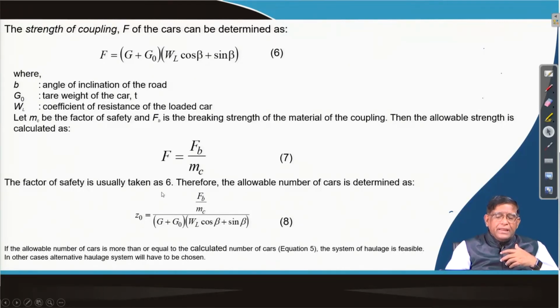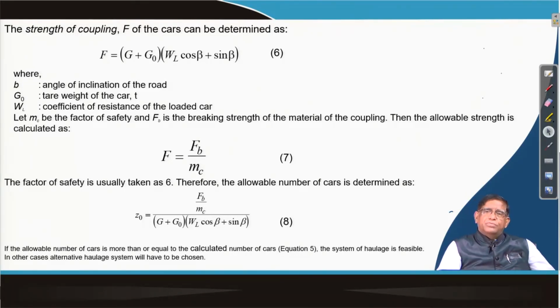So, while calculating, you will have to calculate that factor of safety, and it should not be less than 6. In some places where you are man riding, it may sometimes even be suggested to be more than 7. So, in underground mining you take a factor of safety like 6, 7, but sometimes in winding we have mining design with a factor of safety of 10 also, because we cannot take any risk